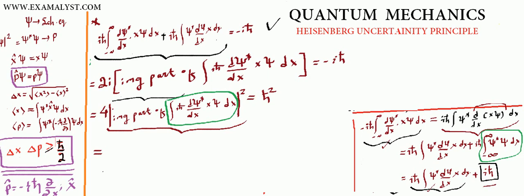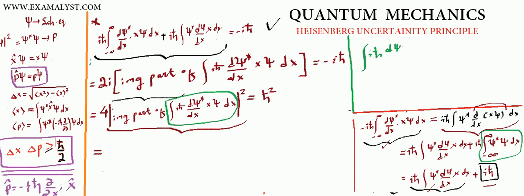Agreed? This is normal complex mechanics. So what I'm trying to say is, if I take the modulus of this function, what is this function? This function is some integration of iħ